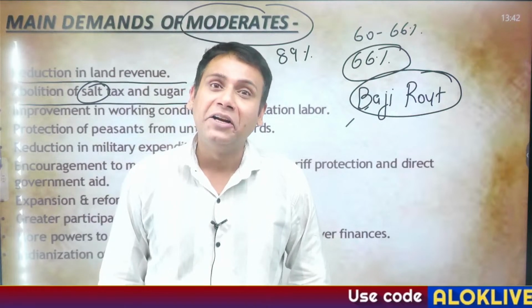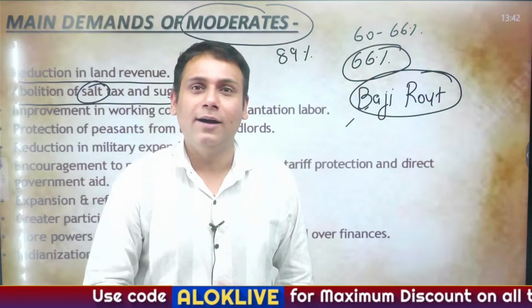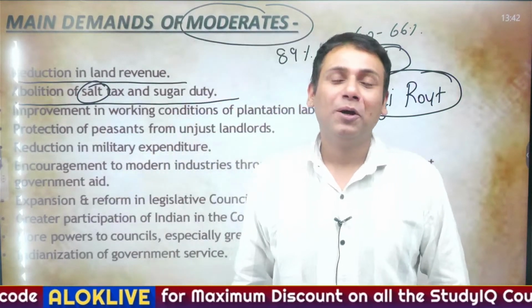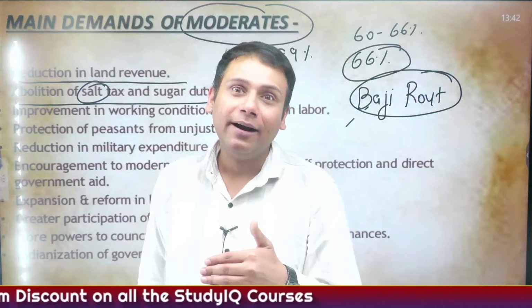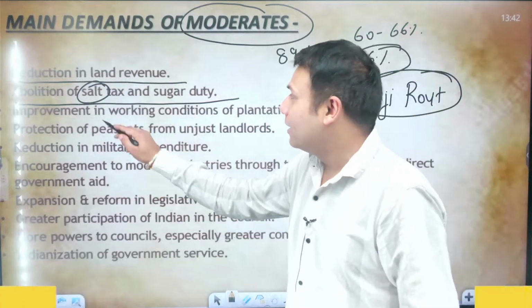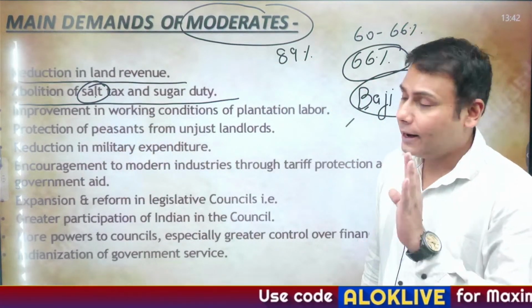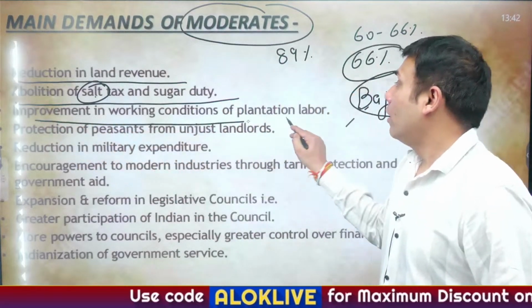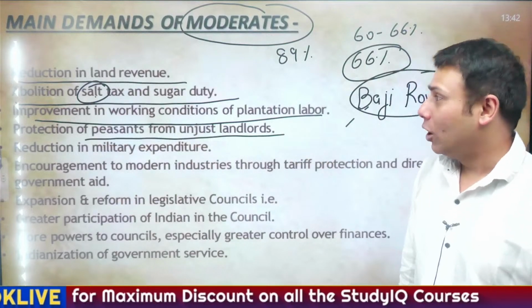Britishers initially deterred him. Later they whipped him. Finally, he was killed. Baji Raut became the youngest martyr of Mother India. Correct? So, what was the major reason here again? Salt. So, abolition of salt tax. Correct? Improvement in the working condition of plantation laborers, protection of the peasants from the unjust landlords. Now,